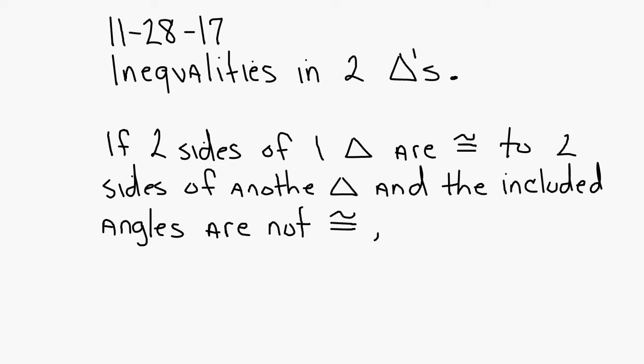So this is the beginning of the theorem and the converse of the theorem. If two sides of one triangle are congruent to two sides of another triangle, and the included angles are not congruent,